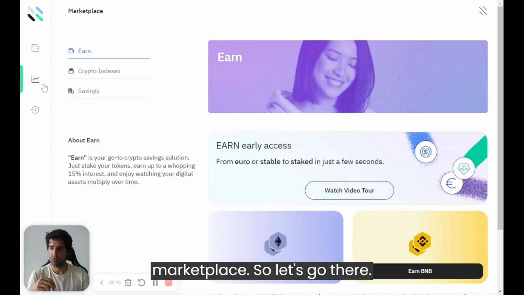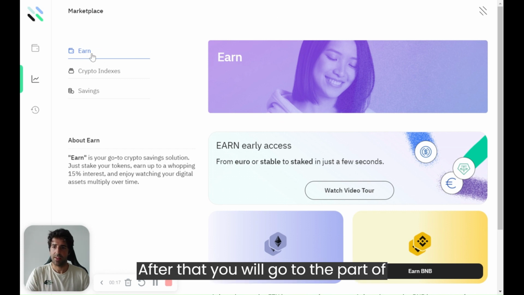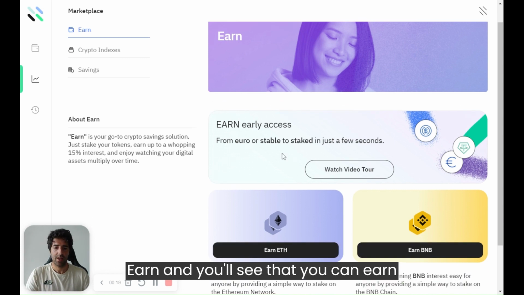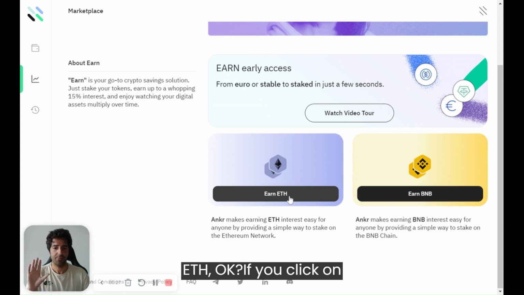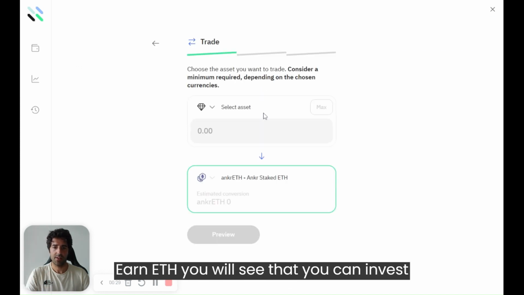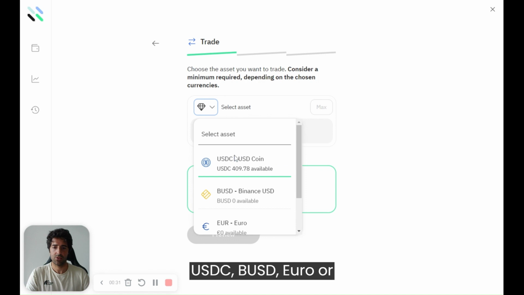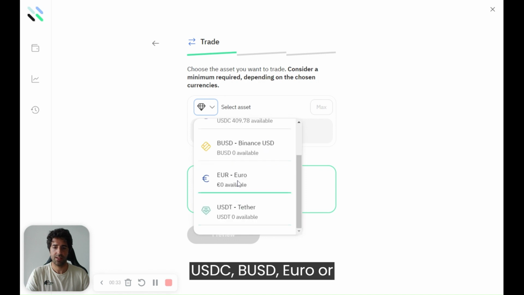So let's go there. After that, you'll go to the part of earn and you'll see that you can earn Ethereum or you can earn BNB. So the process is the same. So let's do it for Ether, okay? If you click on earn Ether, you will see that you can invest USDC, BUSD, Euro or USDT into staked